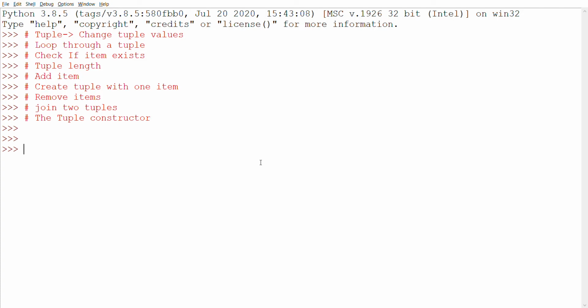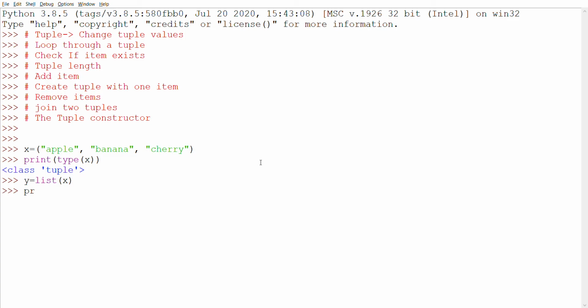Let's start by creating a tuple. In the last video I showed how to create a tuple using parentheses, open and close: apple, banana and cherry. Print type of x. This is class tuple. Because tuples are unchangeable, we can't change it directly, so first we will convert to a list. y equals list of x. It will convert the tuple to a list.